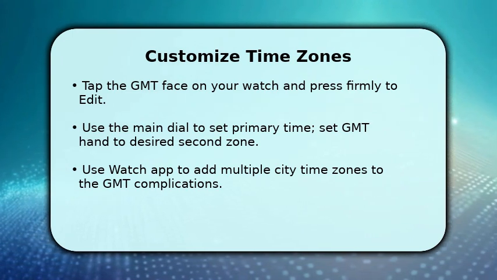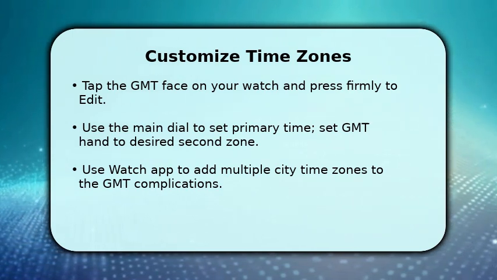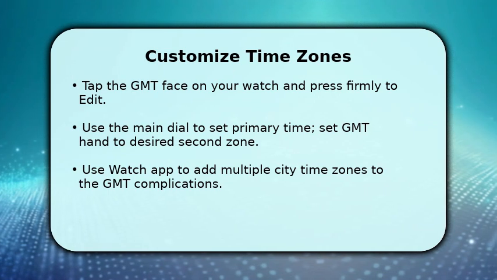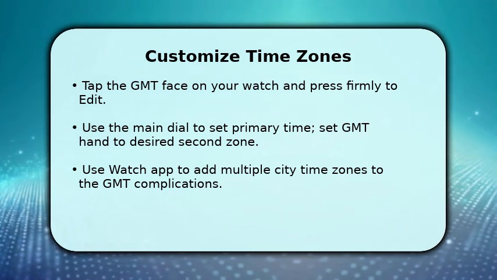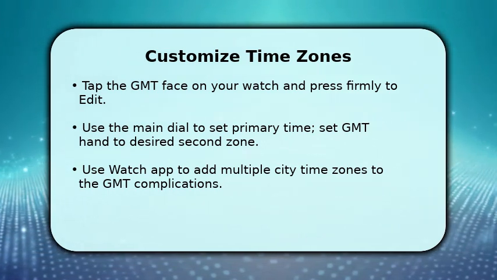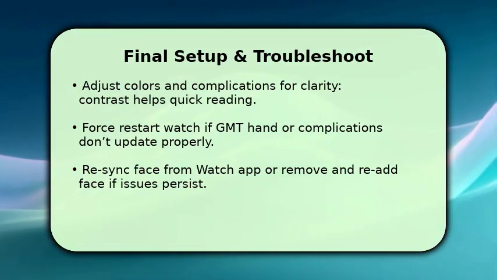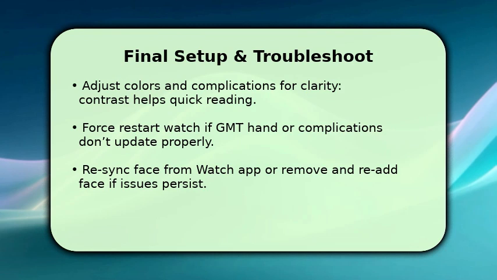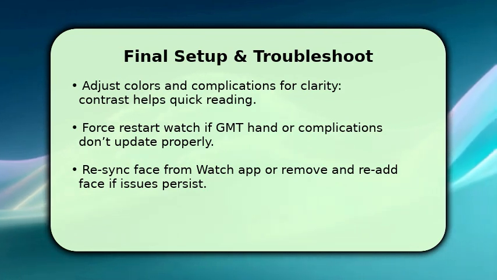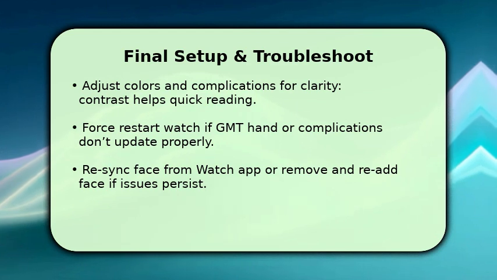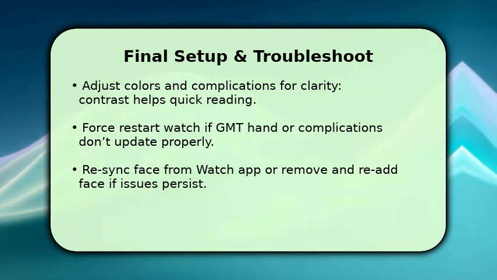Also choose which complication slots show world cities, date, or battery. These decisions finish by refining legibility and behavior. Pick high contrast colors, choose bold numerals, and assign the most used zones to prominent complications so you read times at a glance. If the GMT hand lags or a complication won't update, force restart the watch by holding side